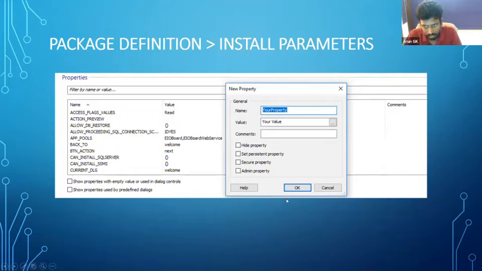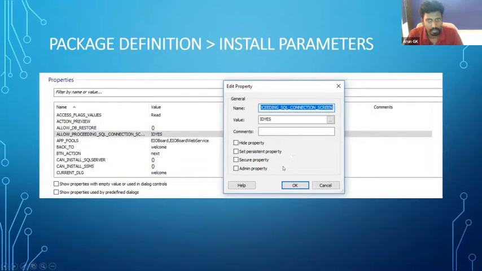You will see the window. Then you can enter the name and the default value. Then it will be saved and listed under these properties. If we want to edit an existing property, you can select the property and right click it, and Edit Property will display this window. You can change the name or value as you want.